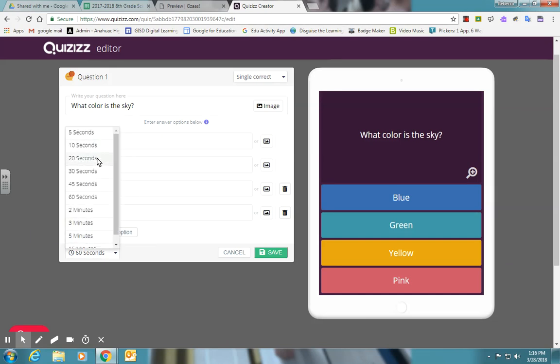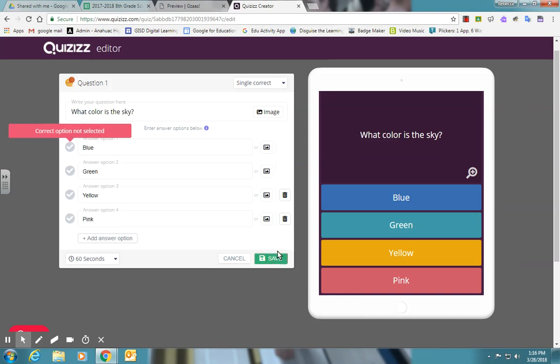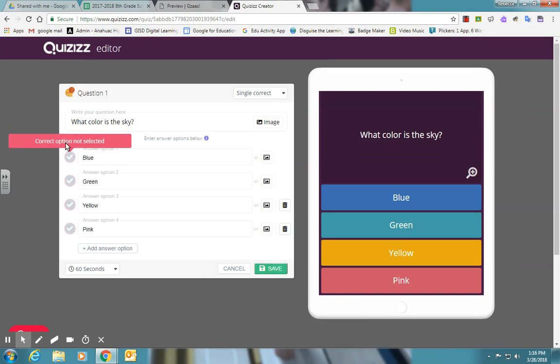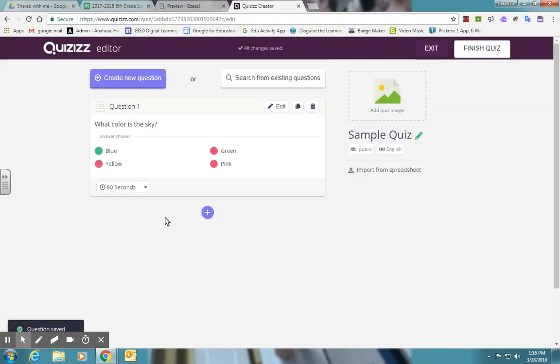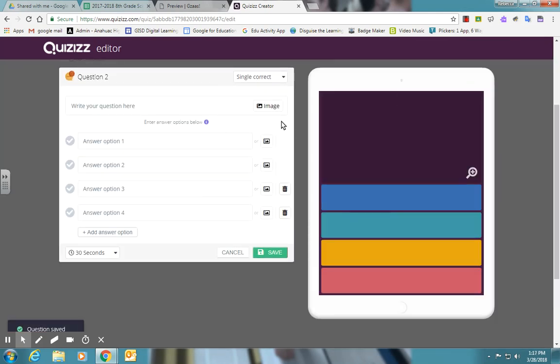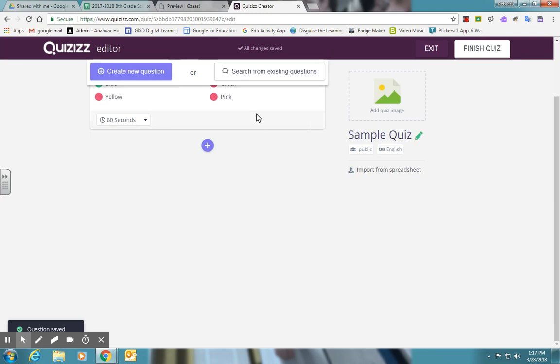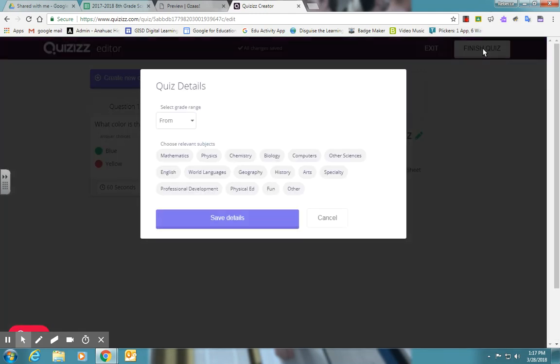Now, I will warn you, 30 seconds is a long time. But if you're doing something where you want them to show their work, then you might want to increase it. Okay, save. Oh, you have to select which one's correct. Okay, and then you can add another question and go on that way. And whenever you're finished, you finish the quiz, and then you go ahead and give it this